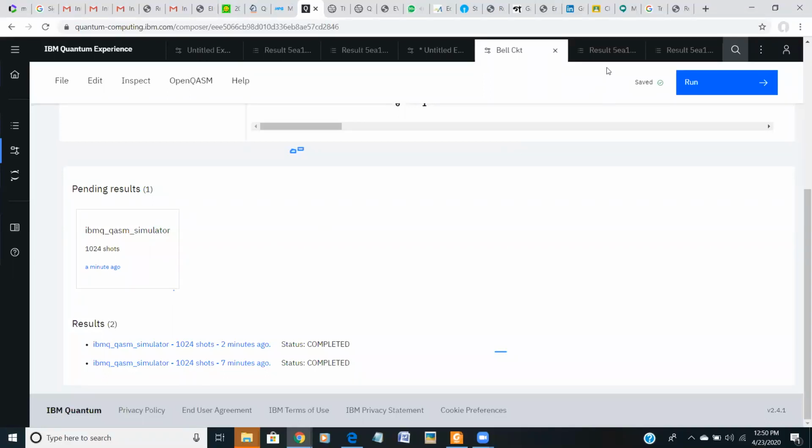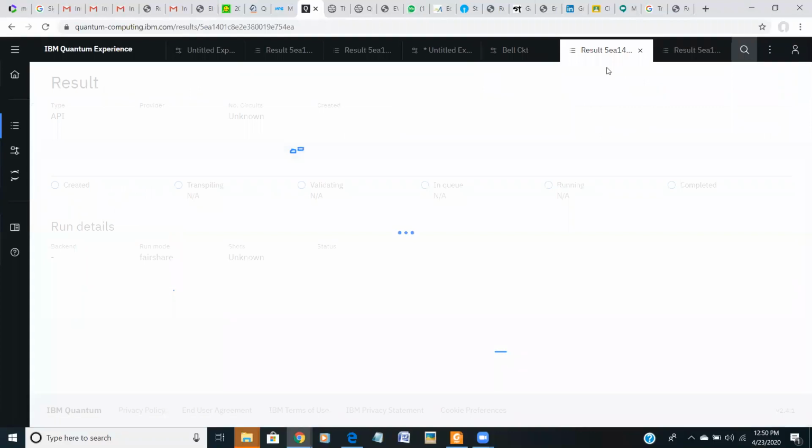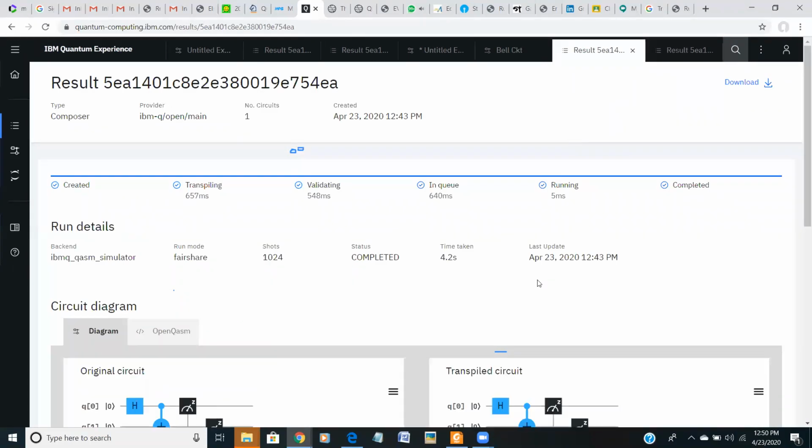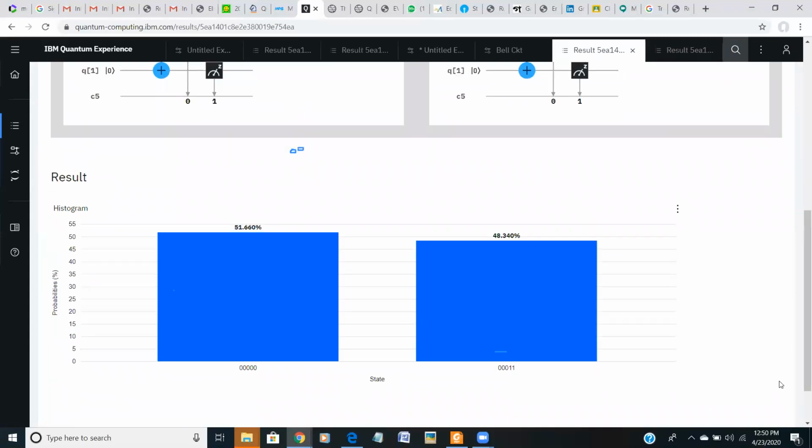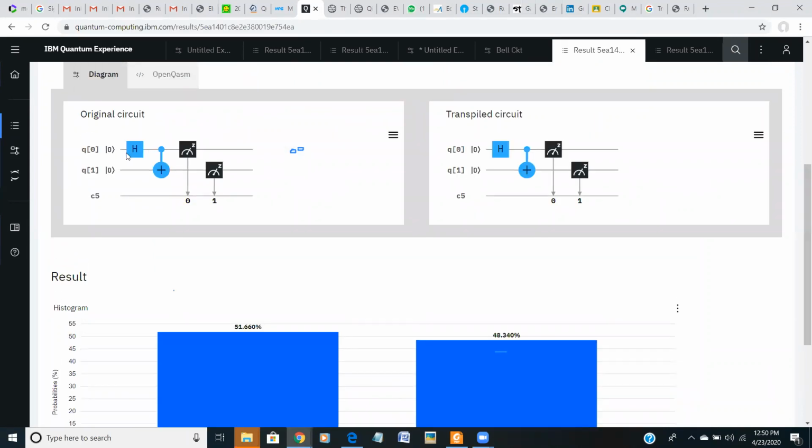In the meantime, if the result won't come, let us take the 0, 0 case. The 0, 0 case was 0, 0 plus 1, 1, because on the same side it is plus. If I make a 1, 1 on both sides, then what happens? If I make a 1, then it is a minus. 0 minus 1 by root 2.